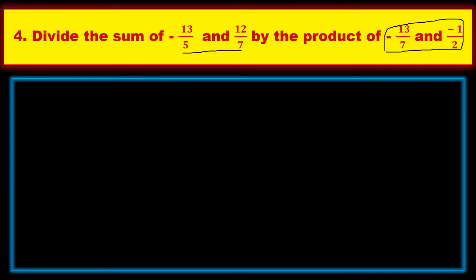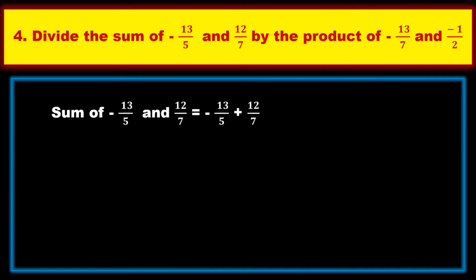product of these two. Means when you add these two you'll get one number. When you multiply these two you'll get one number. So after the summation and after the multiplication, whatever answers you got, you just divide them. Suppose, for example, I got 1 by the sum and by the product I got 2. I am just taking an example. After getting these answers, you just divide them, like 1 by 2. Clear? So let us start this problem.